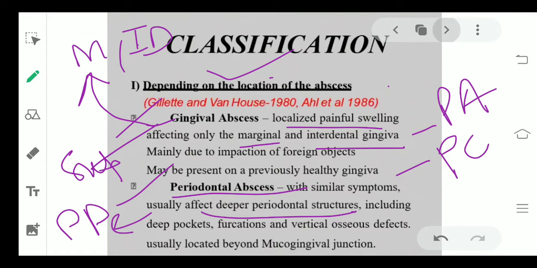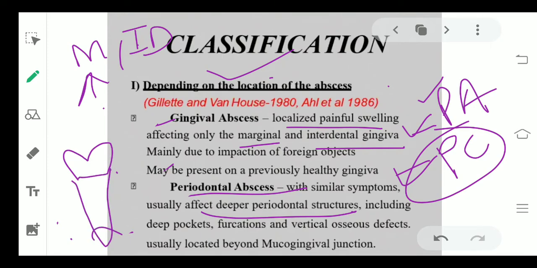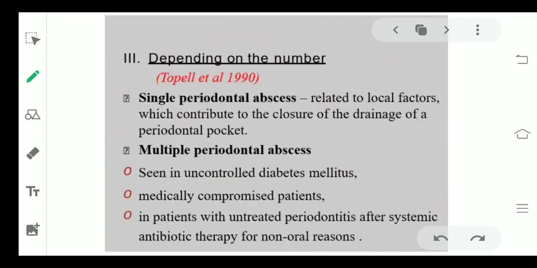periodontal pockets. Okay, so these are the two types which are left, that is periapical and pericoronal. We have already done the pericoronal one in the previous slide. Looking at the periapical one, it is now very easy. You very much know what the apical or apex region is. If I show you, for example, this is your crown and this is your root. So this is your apex, somewhat here. Whenever there is an abscess in this apex region, then it is said to be the periapical abscess.